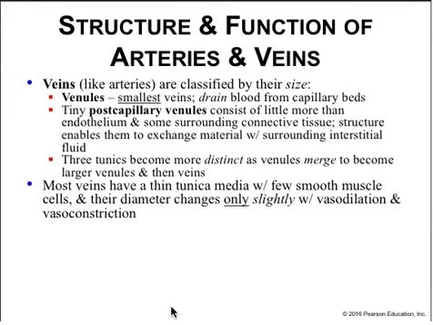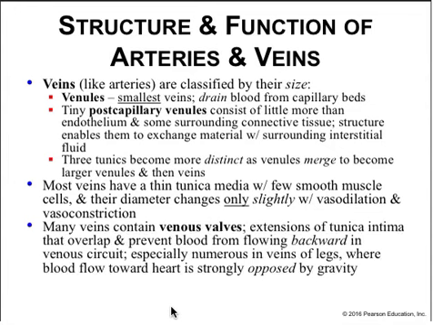Most veins have a thin tunica media with a few smooth muscle cells, and the diameter only changes slightly as they vasodilate and constrict. Many veins contain venous valves, which are extensions of the intima that overlap and prevent blood from flowing backward in the venous circuit. This is especially numerous in the veins that are located below the heart, where the blood flow towards the heart